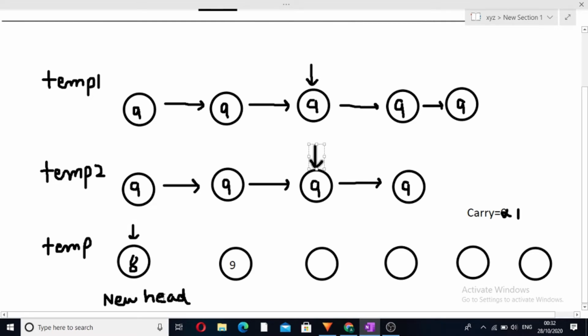will be the head of the new linked list formed, and the temp variable will be used to iterate over the new linked list, because initially our new linked list does not have any node. So what will happen, first we have encountered 8, then we will form a node and add a value to it, and now we will add this particular node in the linked list, then we will do our temp plus plus. This means that temp will go ahead. Now we will add another node with 9 as the value, and we will add this 9 node in our new linked list, that is after 8 we will add it.